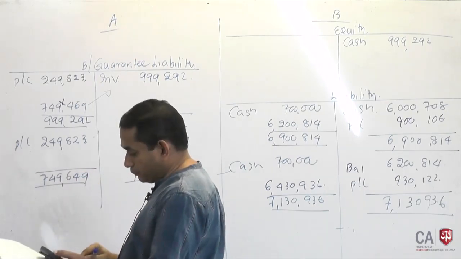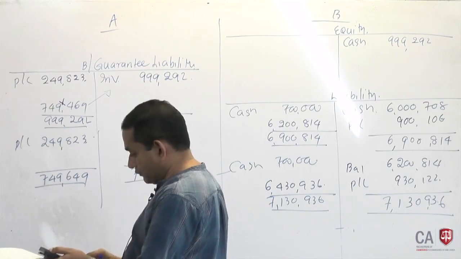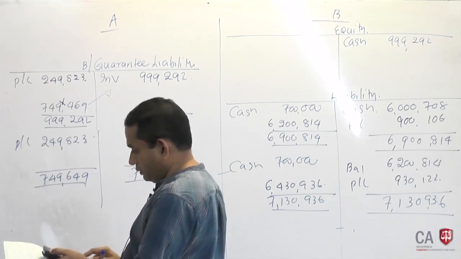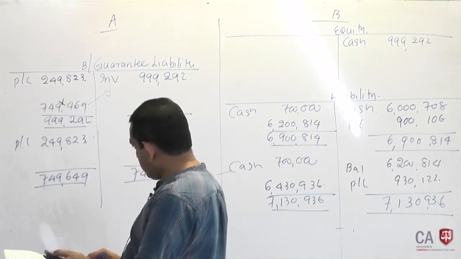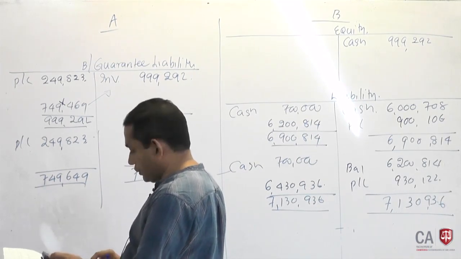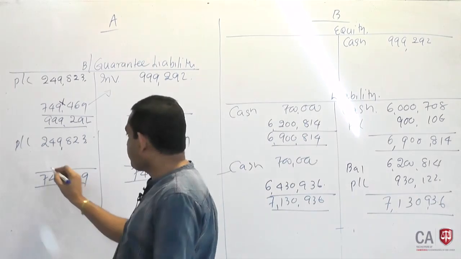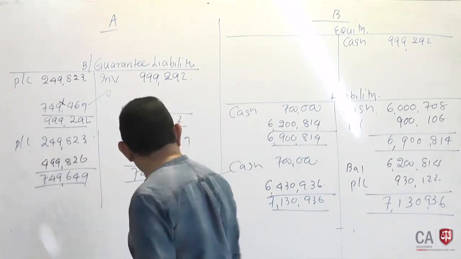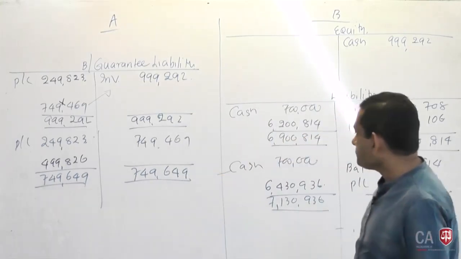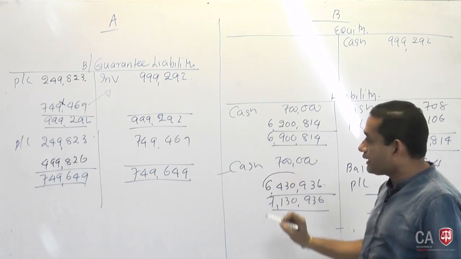So, what is the balance amount? 749,649 minus 249,823. So, it is 499,826. Now, if company B defaults end of the second year,